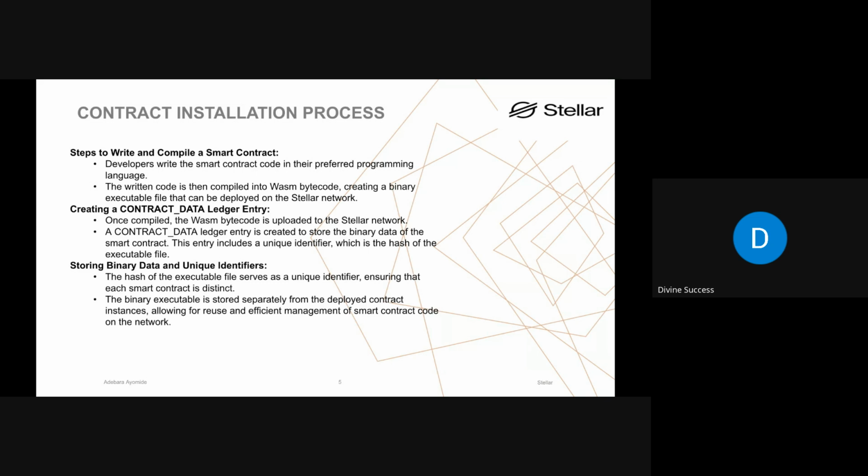That's what I want to say. Deployed on the Stellar blockchain. So we also talked about the benefits of using WASM, and we talked about high performance, security, and then that it is not language agnostic. That means you can write in different languages. So I think that was where we stopped yesterday.